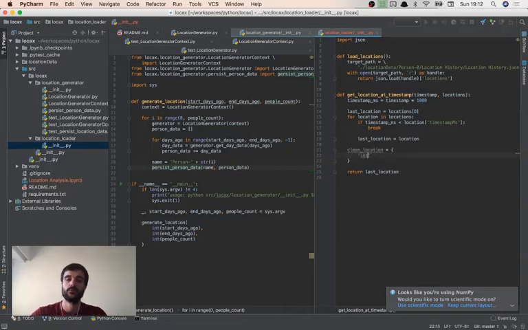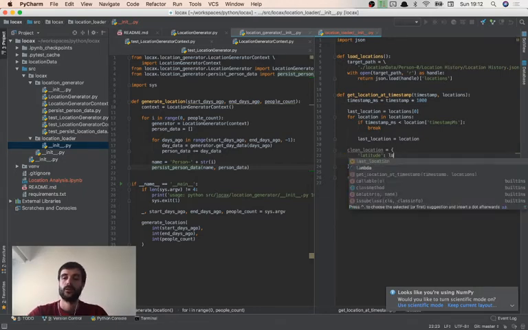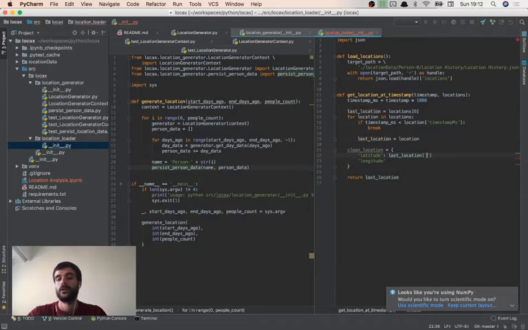So latitude, longitude, last location latitude E7, longitude E7 times